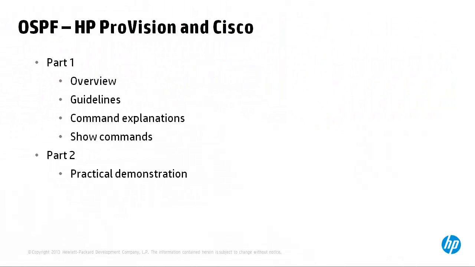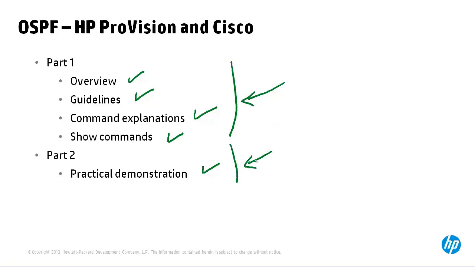This TCG consists of two parts. In this first part, there's an overview of the interoperability of HP Provision and Cisco switches, including guidelines, command explanations, and show commands. The second part is a practical demonstration of the configuration and testing of HP Provision and Cisco switches running OSPF. For a quick explanation, continue watching Part 1 and then continue to Part 2 to watch a